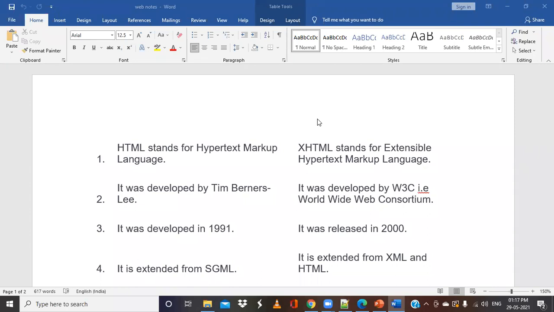Originally we had HTML, which stands for hypertext markup language. We will understand what this hypertext markup language is all about. We have many programming languages, like C, Java, and so on. But a markup language is not meant for doing logical aspects.